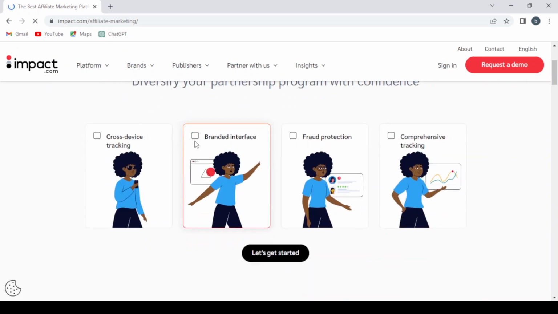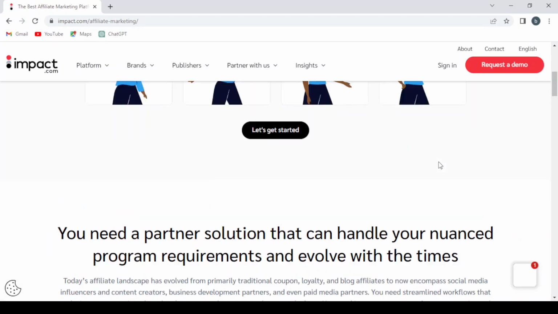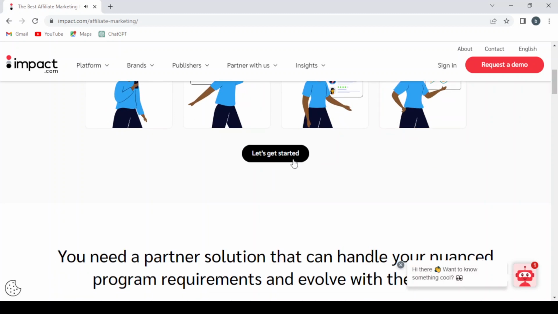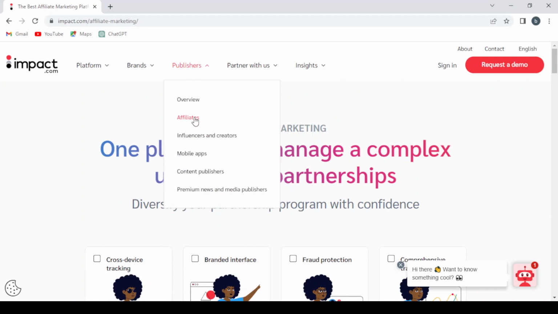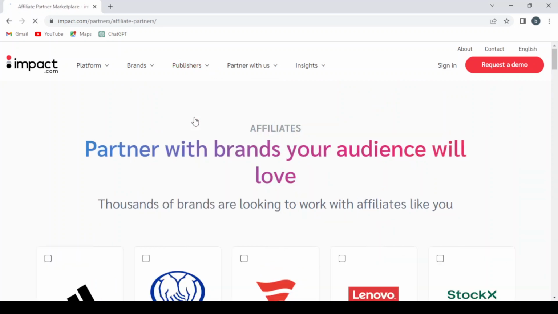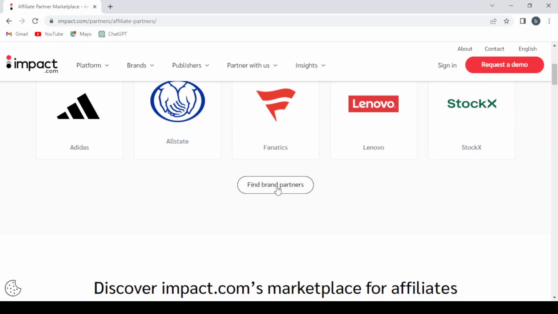and here we will decide across device whether we are across device tracking or a branded interface or a fraud protection or a comprehensive tracking, and then you will hit let's get started. But let's go with affiliates, and here you can partner with brands your audience will love. So here let's click find brand partners,